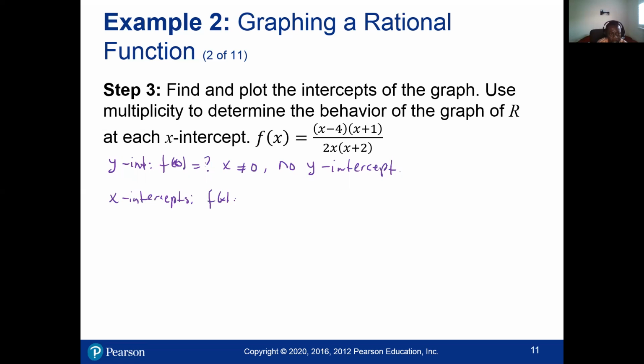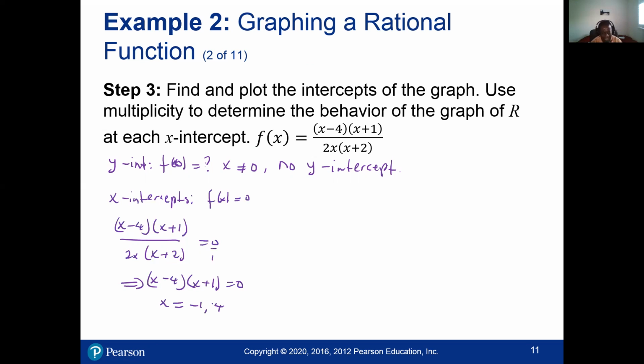Now what are the x-intercepts? Here is where we set the function to 0. So we have x minus 4, x plus 1, divided by 2x, x plus 2, equal to 0. So here we set just the numerator, because if you cross multiply, the 2x times x plus 2 will multiply by 0, and that goes to 0. So you have x minus 4, x plus 1 equal to 0. And that gives us x is equal to -1 and 4. So the x-intercepts are